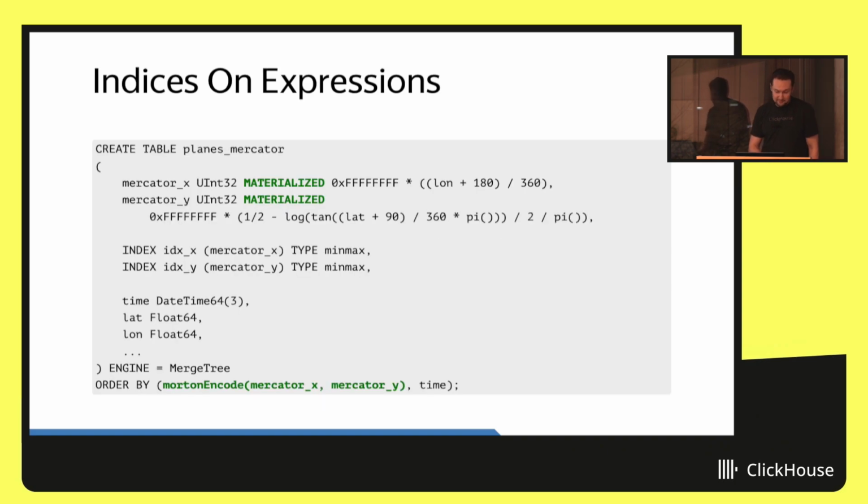And another component, functional indexes. So in this example, this ORDER BY key is a functional key. Actually, it is a tuple of two components. The second component is time, and the first is this mixing of two coordinates. And these min-max indexes are created on top of materialized columns. That is also one interesting feature. It's like columns that are calculated on the fly, on insertion, and materialized inside the table.